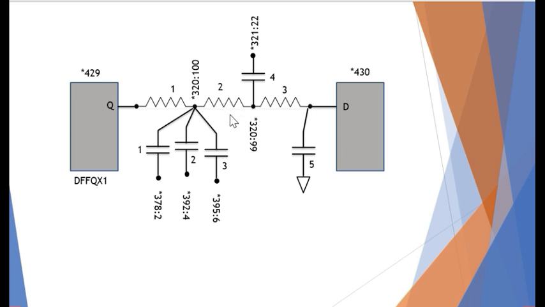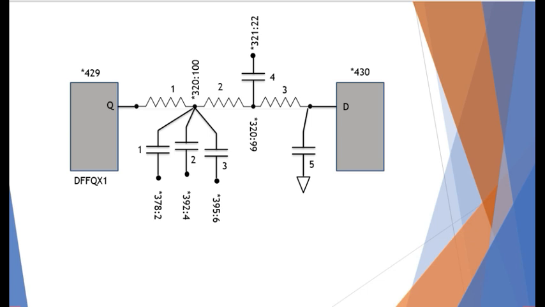And there are 4 coupling capacitances in this design and 1 ground capacitance. If you see, the coupling capacitance is between 2 nodes, between 2 nets, right? So between this node and this 378 will be some other net. Between this node and this node, this is the capacitance. Between this node and this node, this is the capacitance, and this and this and this and this. So these are the coupling capacitance values, and this is a ground capacitance.